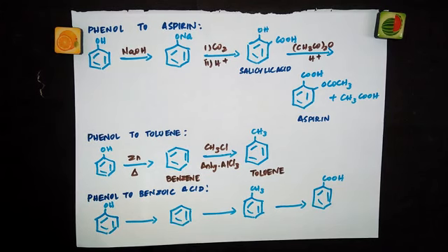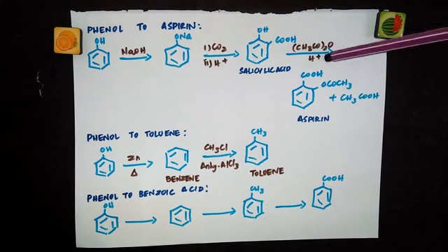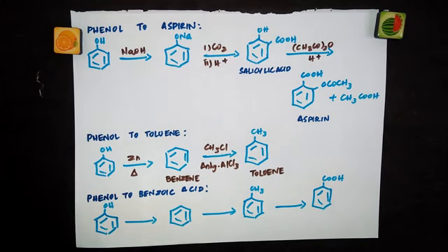Just now we have seen about acylation of benzene. We have one more thing called alkylation, and here we are going to do a third thing which is called acetylating. In the case of acetylation, we will use acetic anhydride. This is the formula for acetic anhydride, (CH3CO)2O. So now we will see how we are going to acetylate salicylic acid to get aspirin.